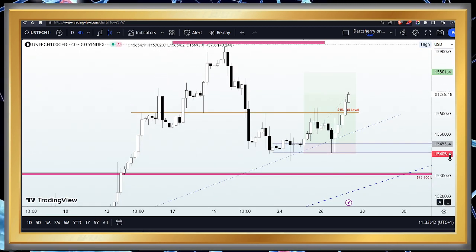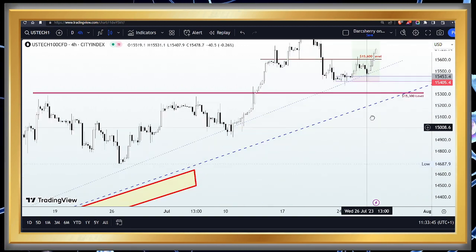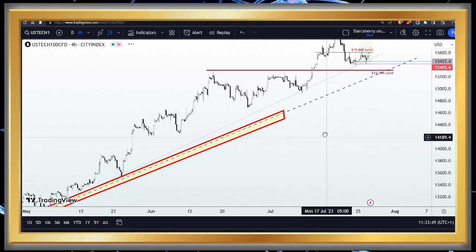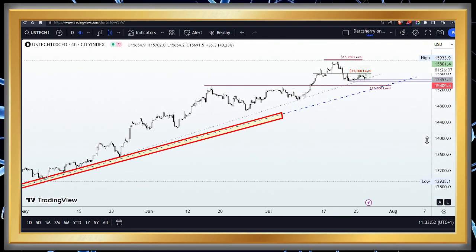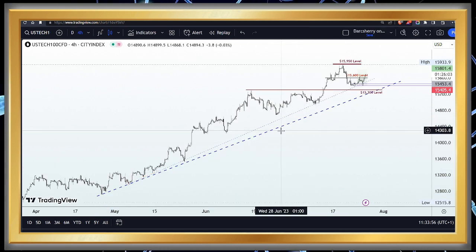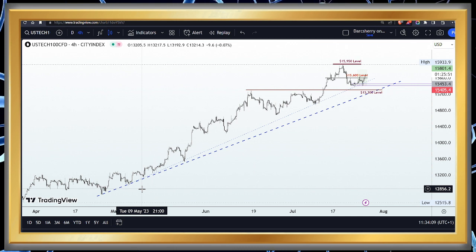The first thing I did here was to scale up into the 4 hours time frame. If you look at the structure, let's refresh our memories as to what we saw here at the beginning of the week. Taking into consideration the nature of price action since the beginning of the month of May, you will see that price action has been very bullish. And in fact, to emphasize the strength of the buyers here, we had a couple of ascending trend lines to help us guide our trading activity.